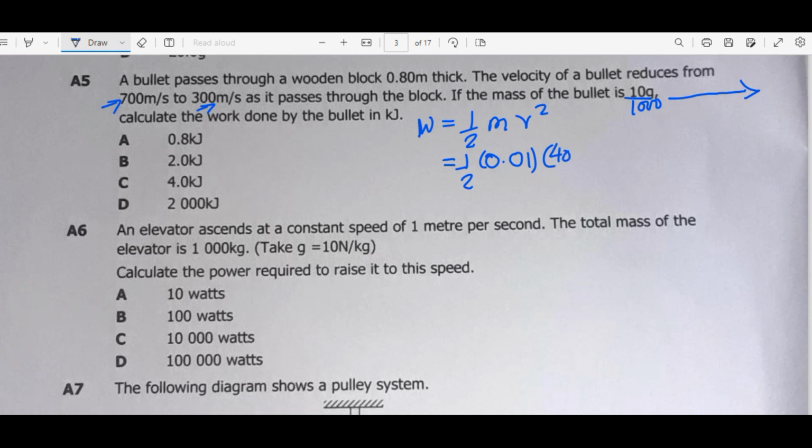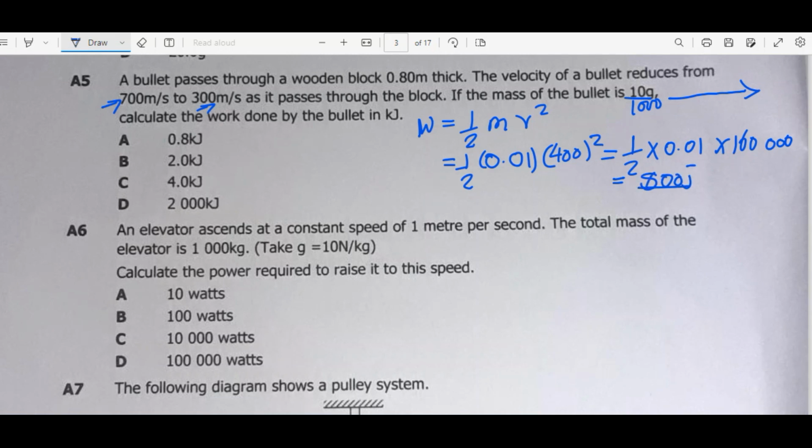So we have 400 squared, which is 400 times 400, we are going to get 160,000. So half times 0.01 times 160,000. 160,000 times 0.01 divided by 2, I'm getting